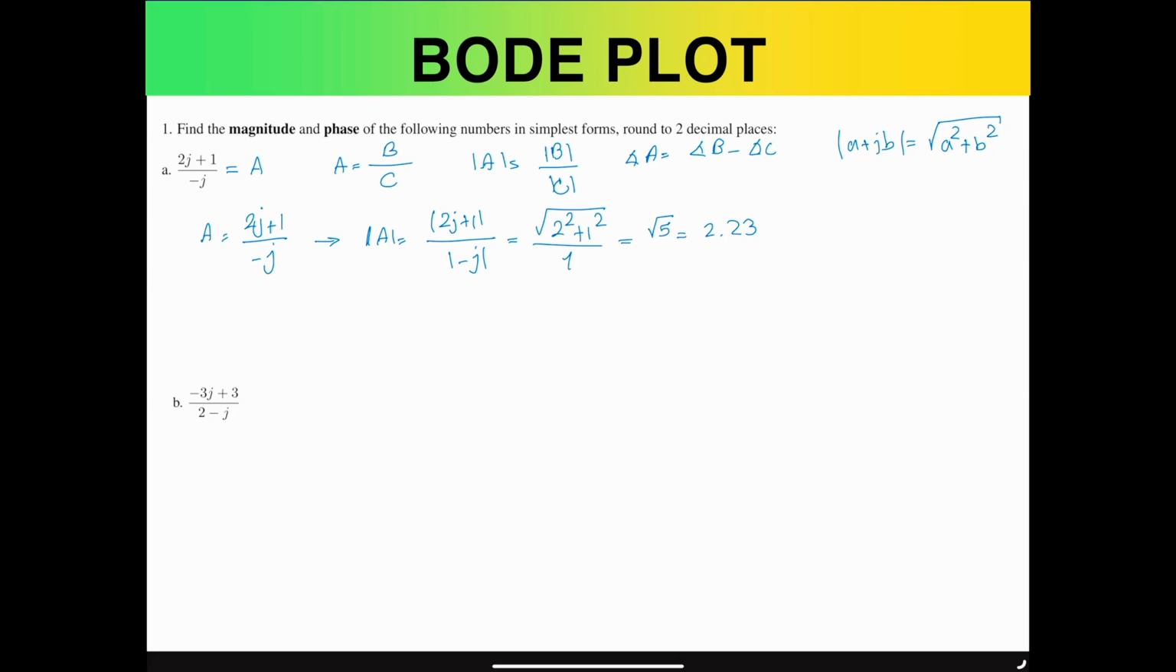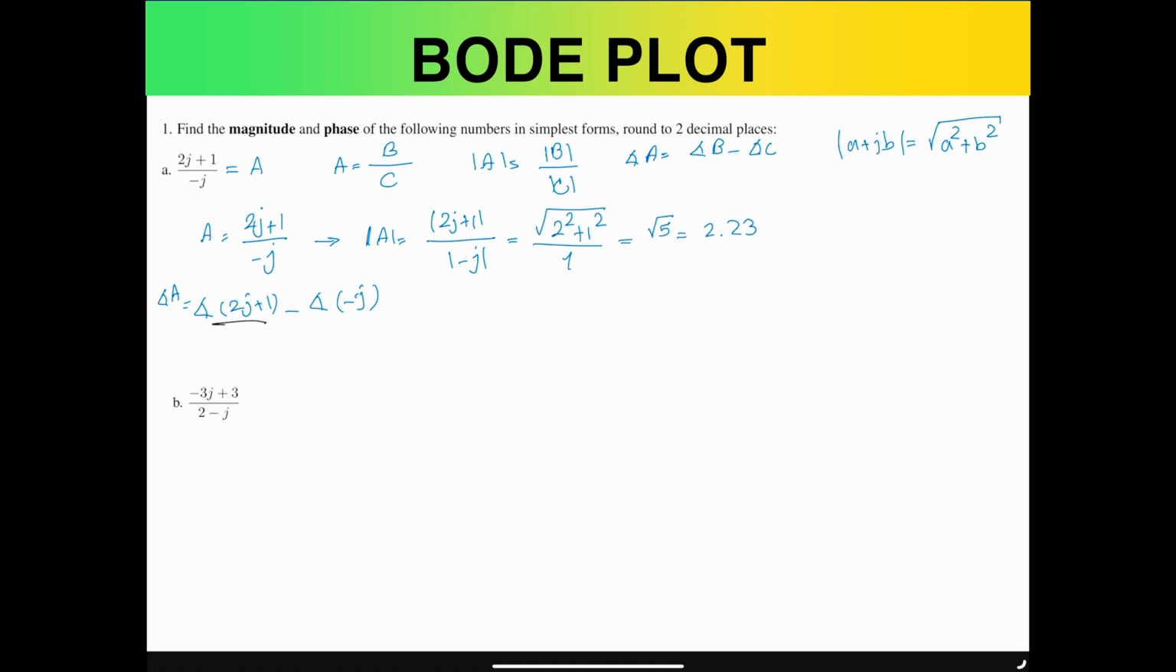Now, in terms of the phase, or the angle of this complex number, we need to find the angle of 2j plus 1 first as the numerator, and then subtract the angle of minus j from that in order to find the angle of A. The angle of